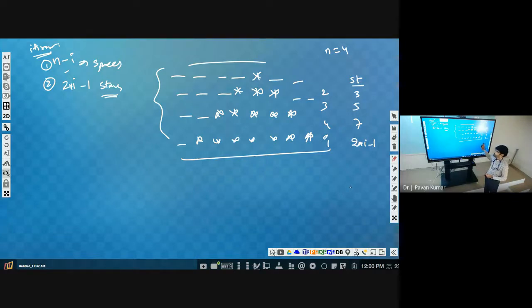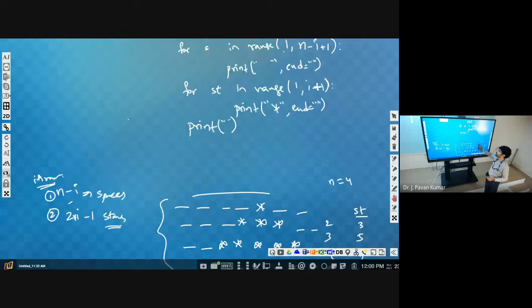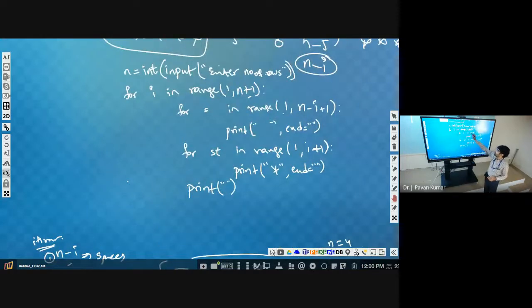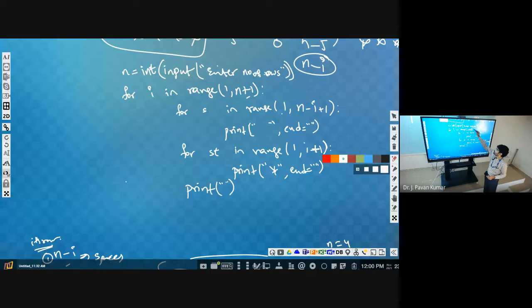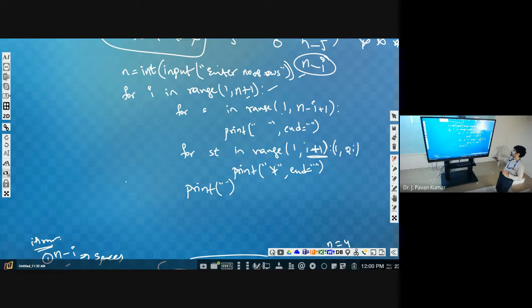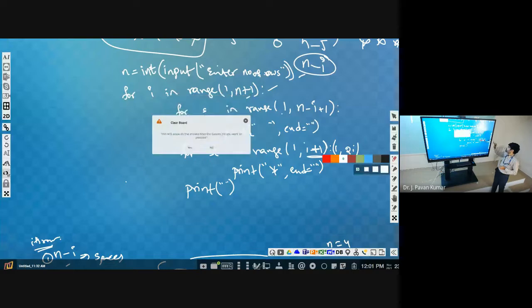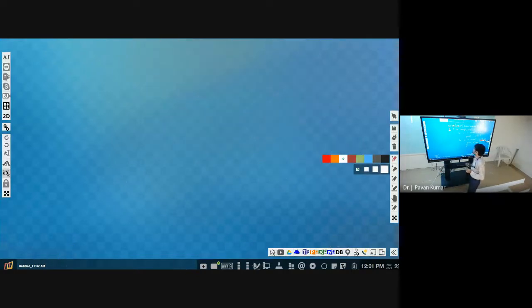Structure is same, just we need to change here. This is same, right? Then how many spaces? This is also same. Next, just we need to change here. Instead of 1 comma i plus 1, we will be using 1 comma 2i. That's it.